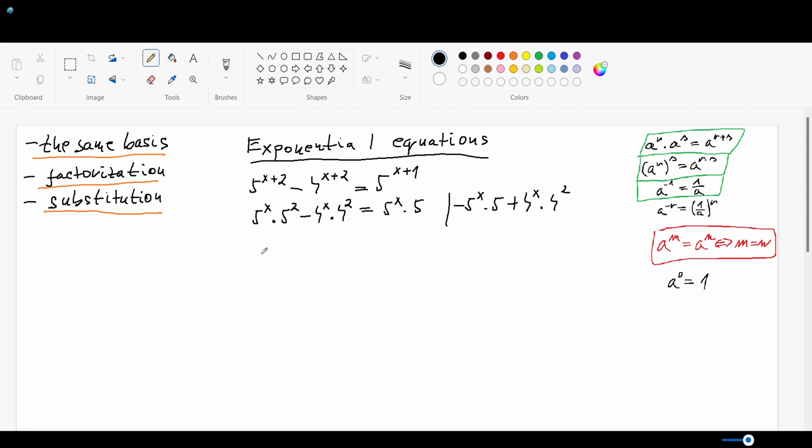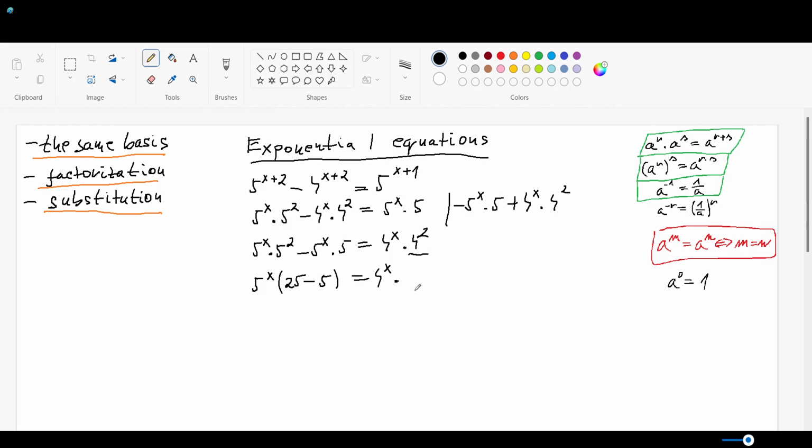So the equation will now become 5 to the power of x times 5 squared, take away 5 to the power of x times 5, is equal to 4 to the power of x times 4 squared. Now, if you see an expression like this, what is the easiest way? Yes, you look for the common factor, which is 5 to the power of x, and you do the factorization. So it's going to be 5 to the power of x times, and I will use the fact that 5 squared is equal to 25, take away 5, is equal to 4 to the power of x times,